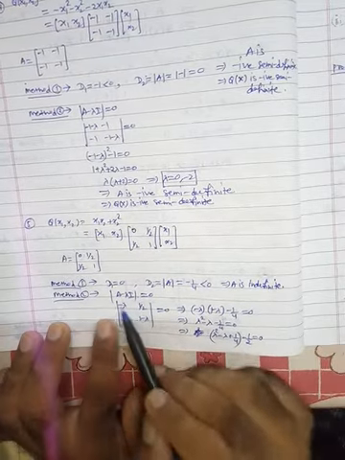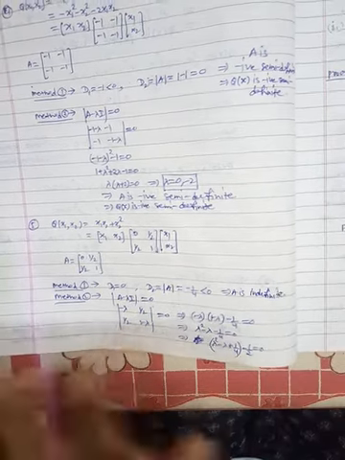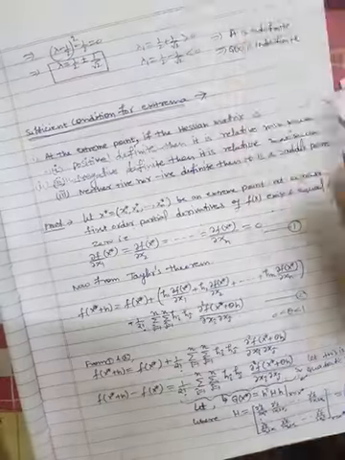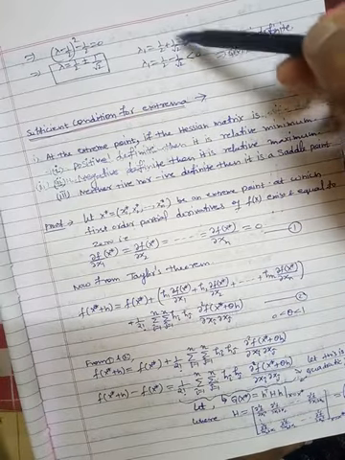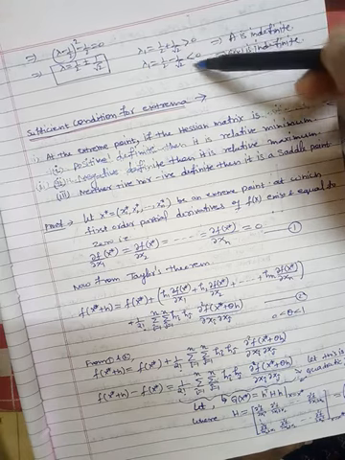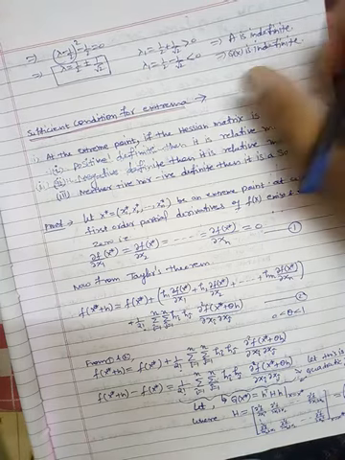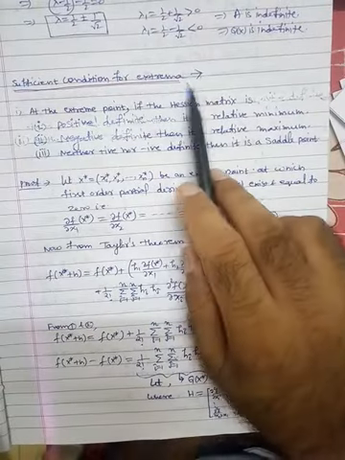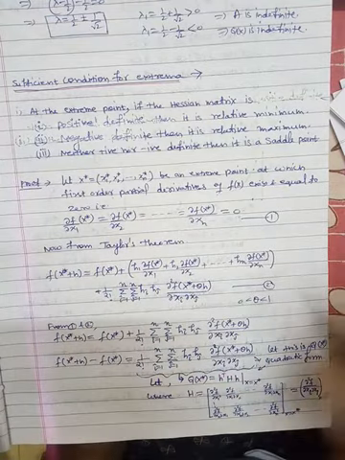Fine. Now find the eigenvalues. First find the characteristic equation, solve this problem, and ultimately the eigenvalues are these. One is this, another one is this, and when you solve this, one is positive and one is negative. So that's why A is indefinite. Fine. Now we have the sufficient condition for extrema. We will develop this sufficient condition in the next video.